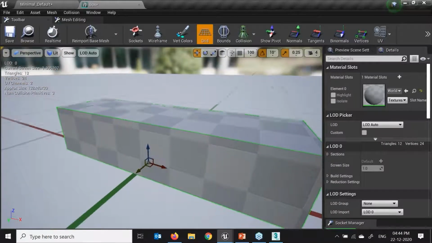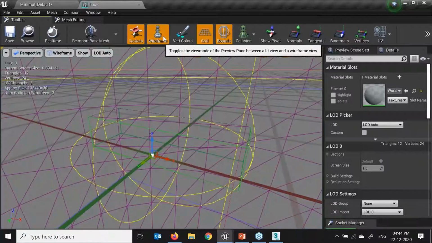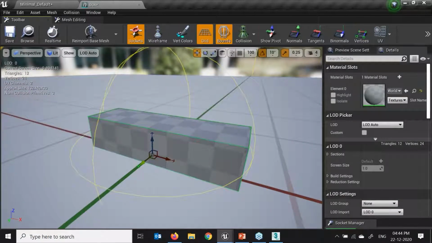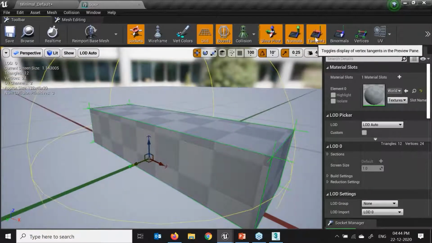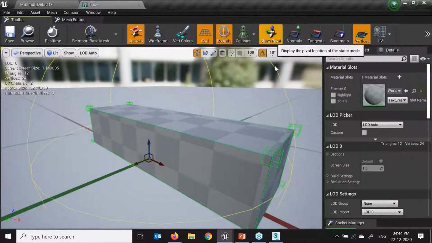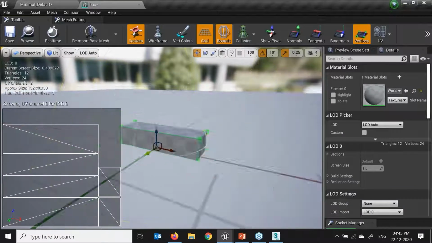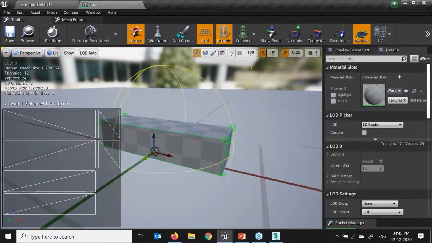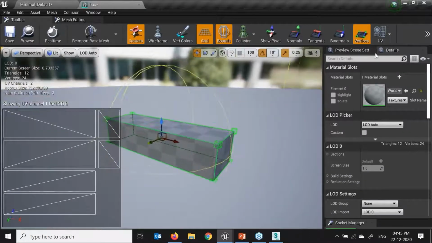Just click over here, collision bond. We have socket here. We can see the XYZ over here. If I move my collisions over here, I can see my view in wireframe, vertex color, show pivot point, show normals. Here you can see we are able to see the normals, tangents, binormals, vertices. If I want to see the vertices, UV, UV editor, UV channel, UV1, generate UV. You can generate the UV as well over here, show gizmo, correct? See, this is the UV modification.